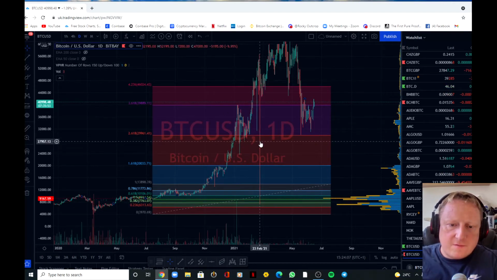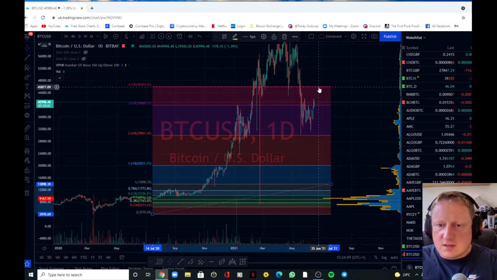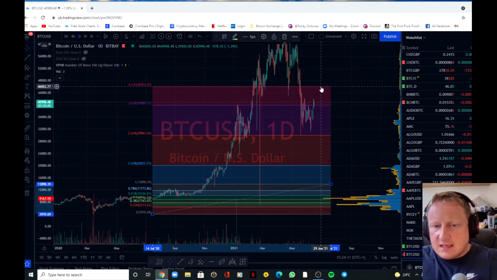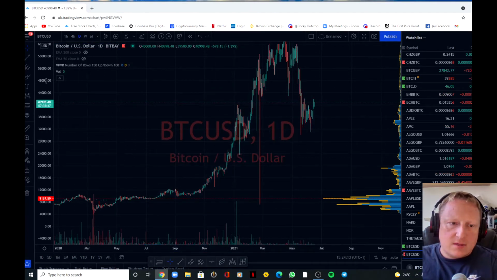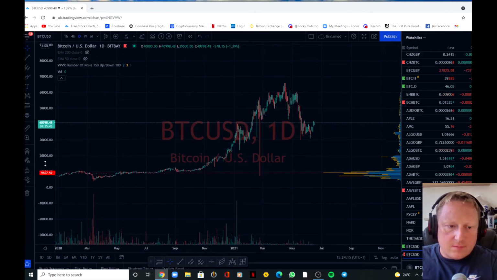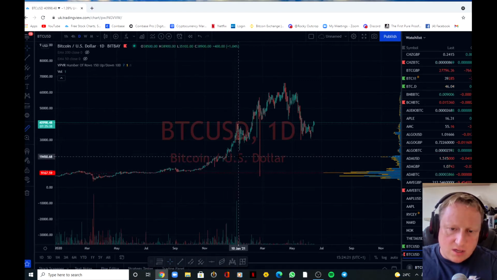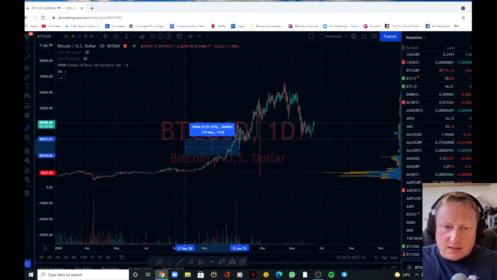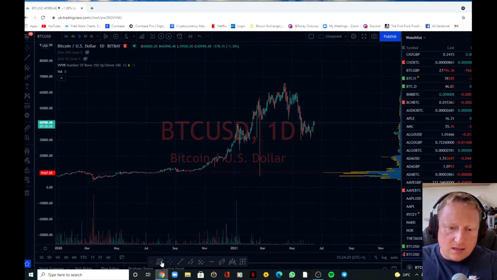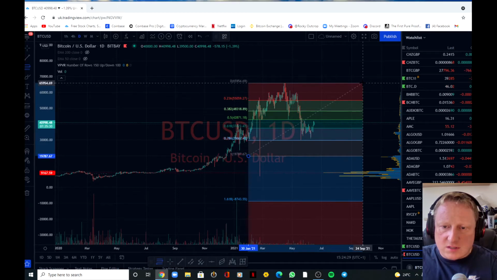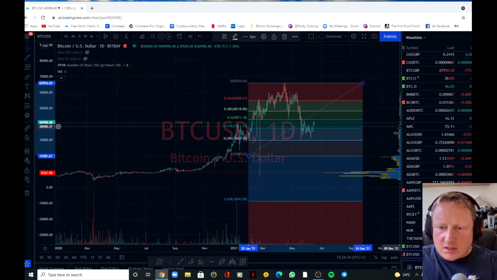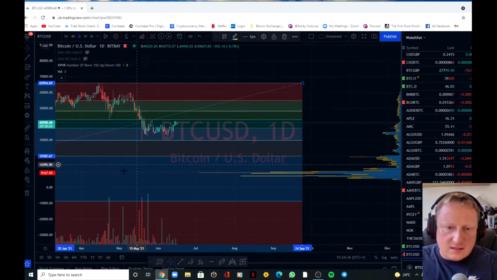And the fibs, I want to just bring the fibs up to show us the Fibonacci numbers and levels. I'm going to go from here to here. No, that's not it. Let's try again. I'm going to go from here and drag it upwards because I'm feeling bullish. It shows us that we are finding support